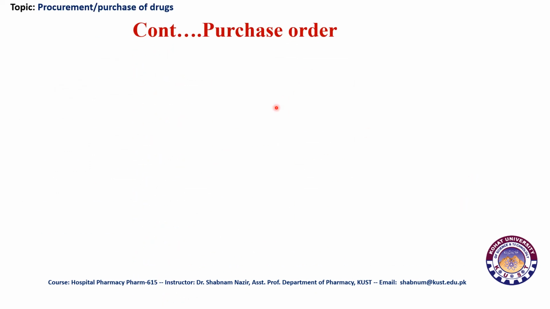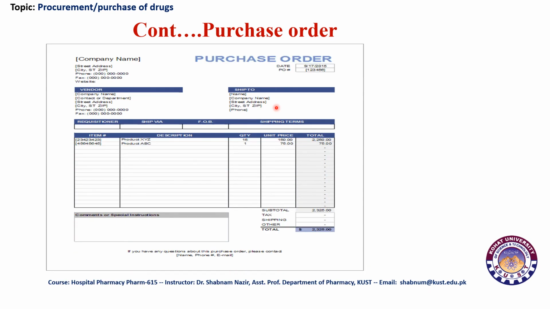Now this is the purchase order sample, and here you can see that the company name is given on top, but vendor is down below, while in the initial form the vendor name was given above, while the company name was mentioned below. Now, what is the main difference between company name and vendor? Vendor is the one who is the supplier or who is supplying on behalf of a manufacturer. It could be the manufacturer directly. And the company name, which is given above here and in the previous case was given below, is the company which is ordering. So in case of a hospital pharmacy, the hospital will be the company which is ordering,